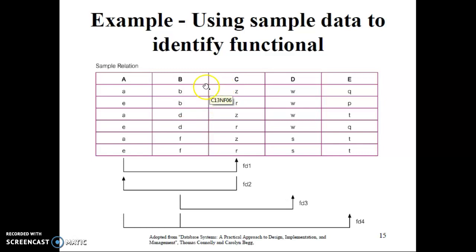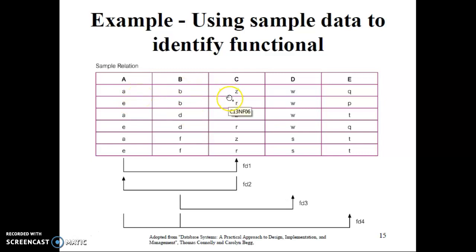See the first column on the left hand side and check the values of attributes on the right hand side of the table. For example, when the value A appears in column A,